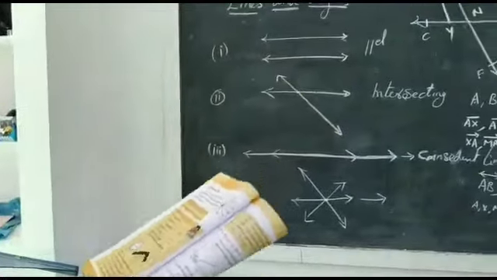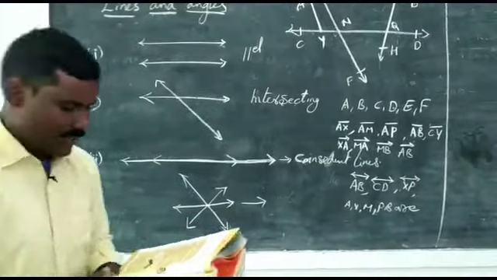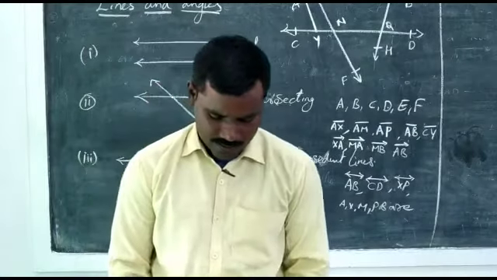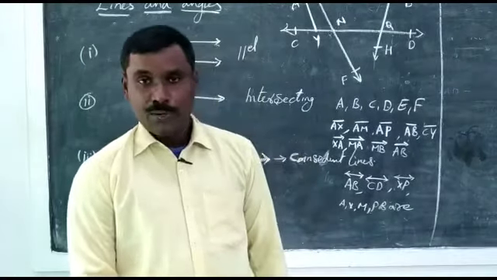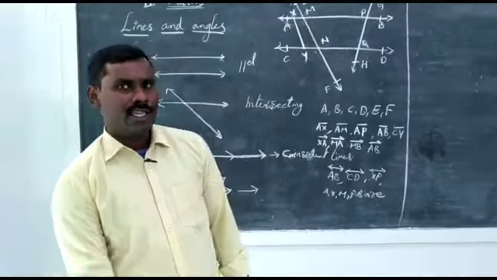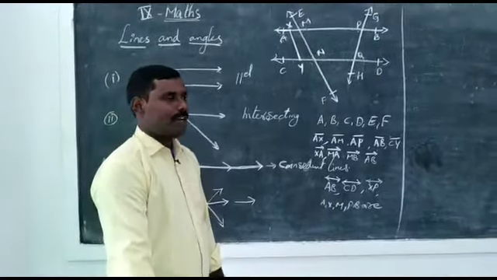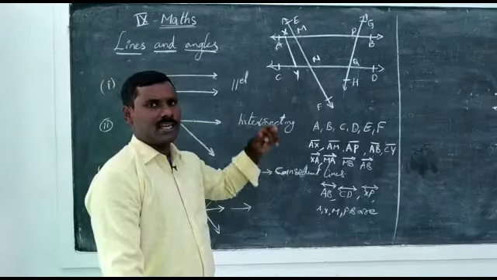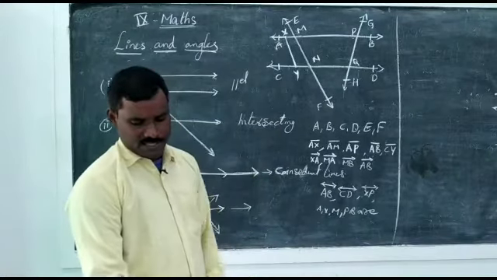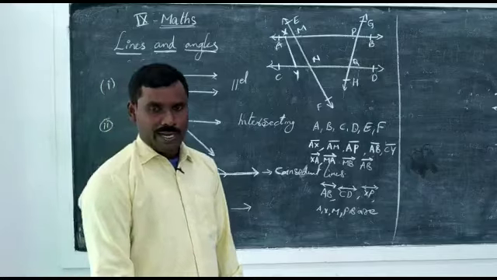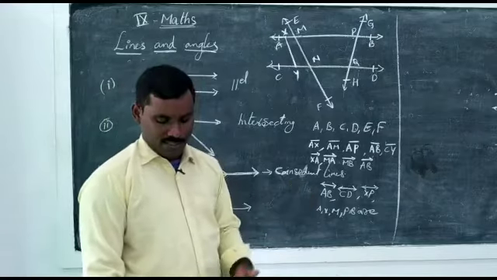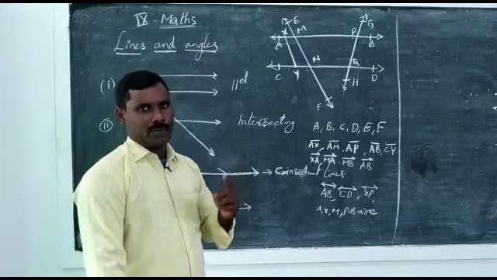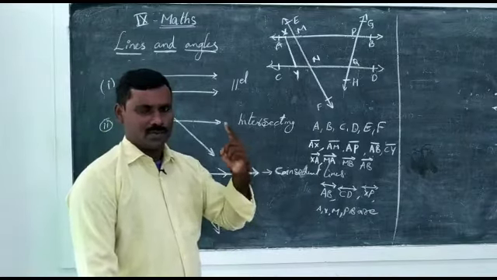Now we are going to the third question. State whether the statements are true or false. A ray has no endpoints. A ray has how many endpoints? Very good. Only one endpoint. If there are 2 endpoints, that is called a line segment. That means the first statement is wrong. No endpoints is a line, but he is saying about a ray. A ray has one endpoint. That's why the first statement is wrong.